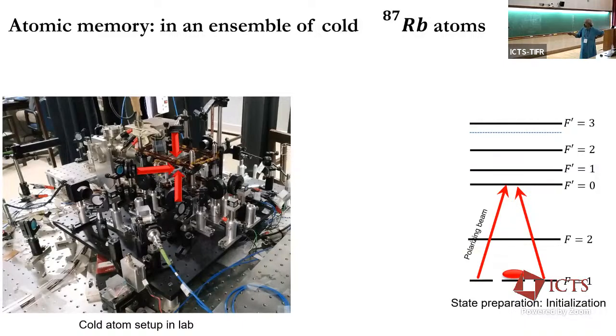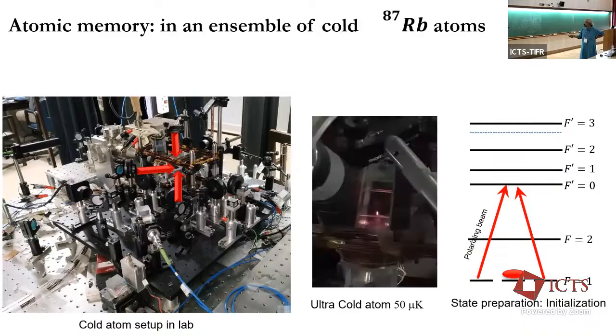These are coils, and when everything is right, we actually trap kind of a cigar-shaped cloud. So it has a large optical depth in one direction. It's 50 microkelvin is what we estimated, but then I'll talk about state preparation. So we actually trap the atoms here, bring them down, spin polarize in different states. You can put them all here, you can put them here and there, and so on and so forth. You can play these games provided you know how to probe them to know you have the right states. And all this actually costs heating. Eventually, this memory I'll talk about goes up to a temperature of 120 microkelvin.